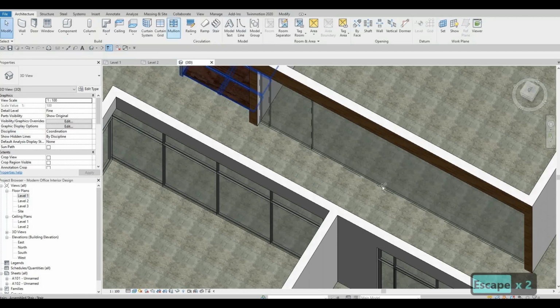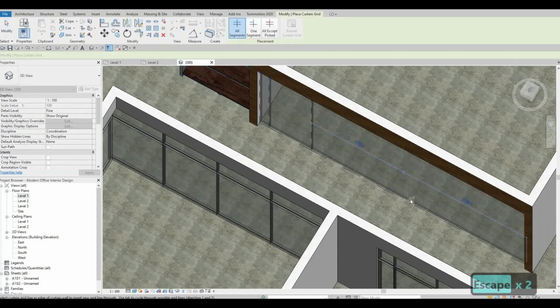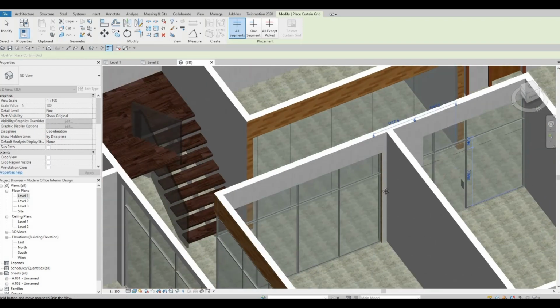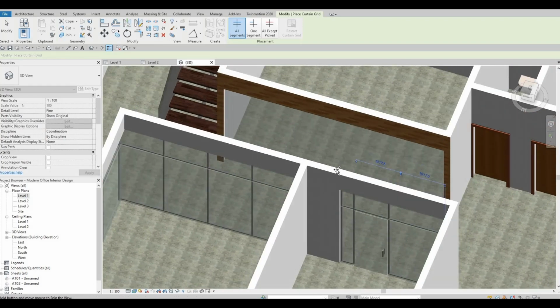Press escape first and then divide it now. And then let's add around 1000 each. And then that's